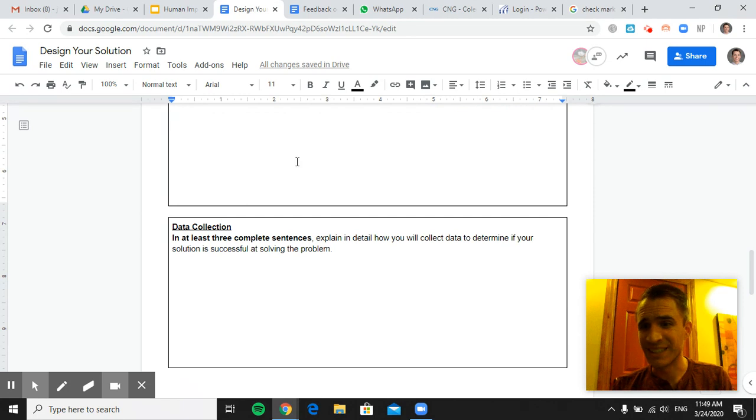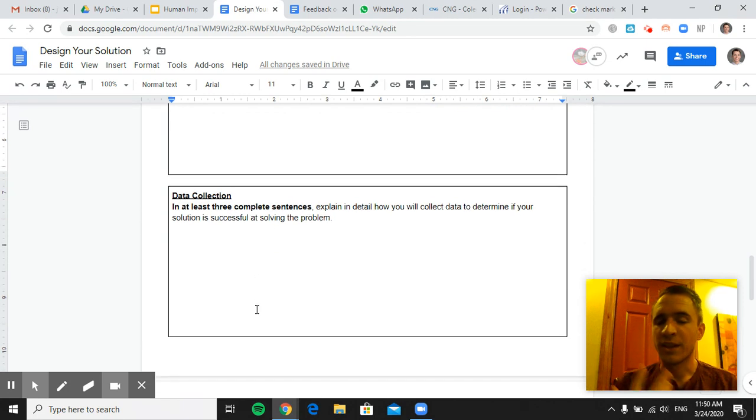After you build it, design it, whatever, you need at least three complete sentences to explain how you would collect data to determine if your solution is successful. So you might have this awesome solution, but in order to continue doing the solution, or in order for the solution to be able to be used elsewhere, you have to have data showing that it actually works, right? And if it doesn't work, you don't need to use it anymore, right? So I want you to think of some sort of way you can collect data